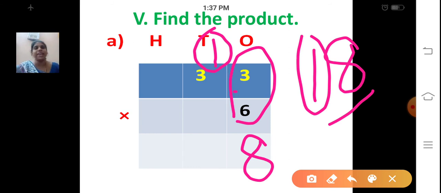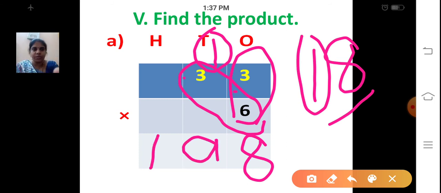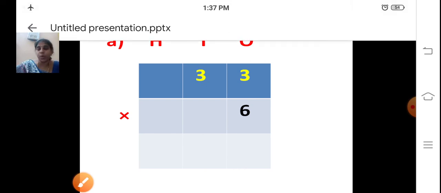Now multiply the digit at the tens place by the same number 6. Again 3 sixes are 18, and don't forget to add the carried over part. So we have carried over 1, right? That 1 you are going to add. After multiplying, don't forget to add the carried over part. So 3 sixes are 18. 18 plus 1 is 19. As we don't have any other number, write that number directly. 19. So the answer is 198. This is the carryover method.